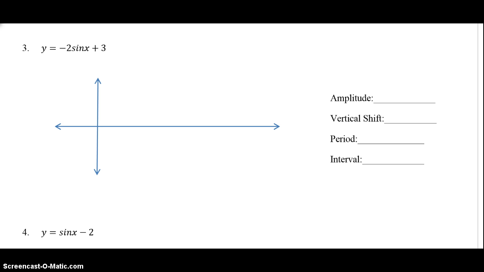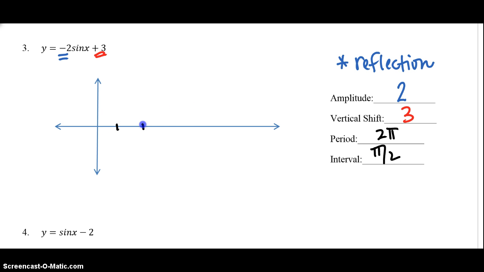So on this next one here, we have an amplitude. Now don't say the amplitude's negative 2. Just remember that negative means there is going to be a reflection. Okay, so the amplitude is not negative 2, it is just 2. And there will be a reflection. Our vertical shift is 3, and our period is the same with 2 pi, so pi over 2 for our